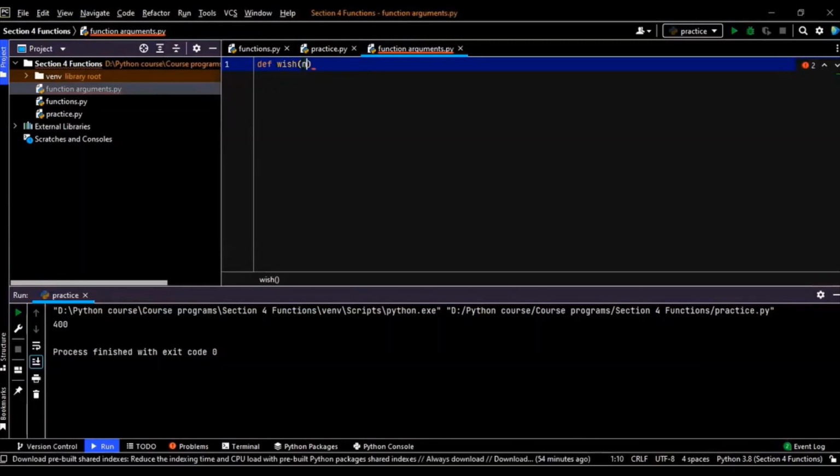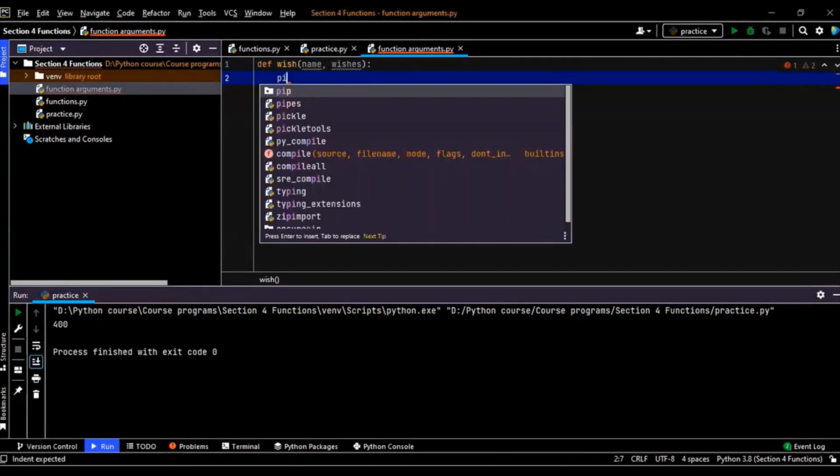Let's take the name as the input, and let's take the wishes that we want to give to the person as the other argument. I'll be writing down something in between the lines, but before that, let me just quickly print